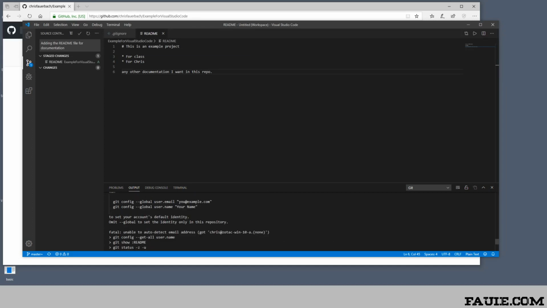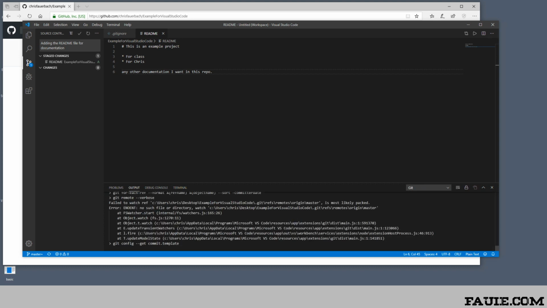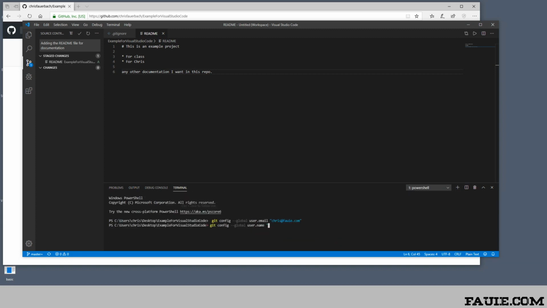So I'm setting my git config. Global username, email address is my email address. Then you only have to do this once. I have not done this on this computer before, so I have to do this once. And then I'll set my name. All right, now I should be able to, let's see, did I commit? I committed. Now I can go and I can push